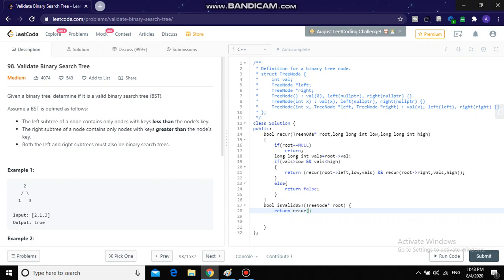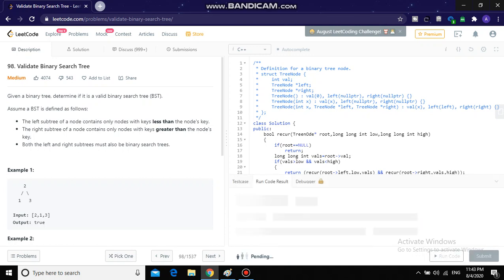Return the recursive call. For the low value, the value of int min is about 10 to the 9, so we'll use some bigger value, like negative 10 raised to 10 for low. Similarly 10 raised to 10 for high. Now just check.